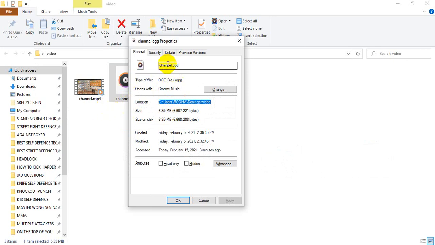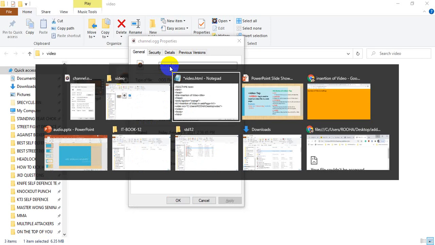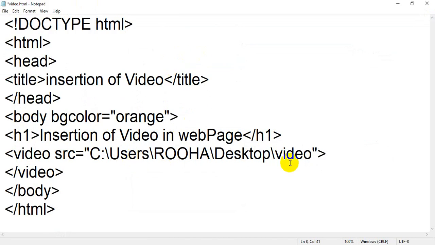So I will take the name. On top there is the name, and the extension is also given. The type of the file is OGG, which is also included in the name. So I will copy it, Control C, and I will flip back to my notepad. I will just add one backward slash like this.